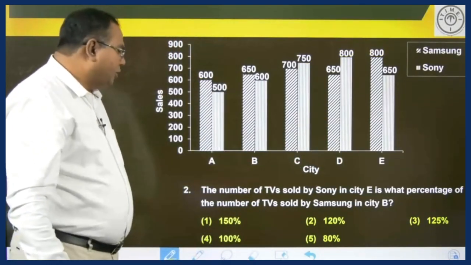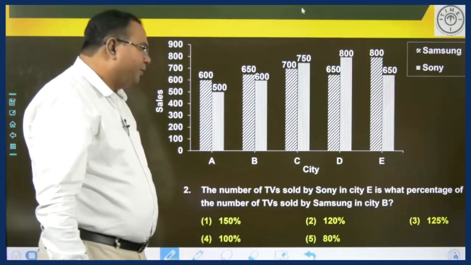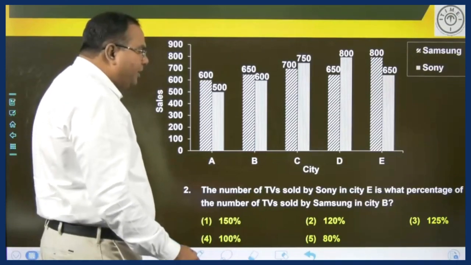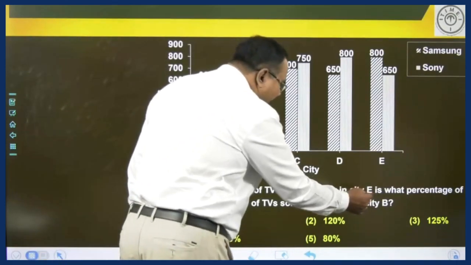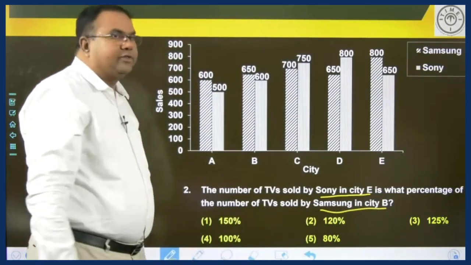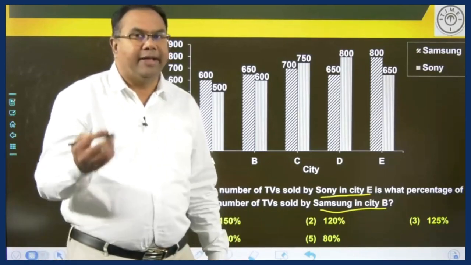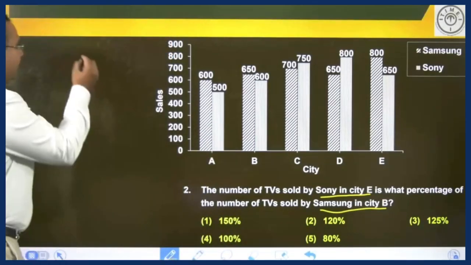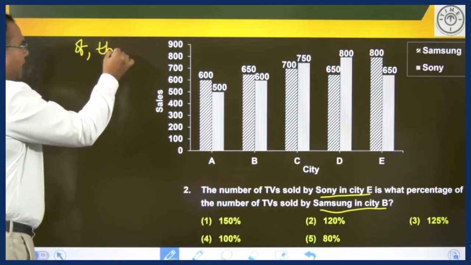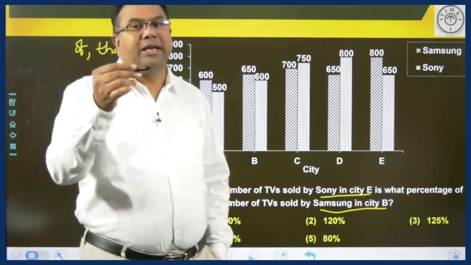Right, students. Second question. Number of TVs sold by Sony in city E is what percentage of TVs sold by Samsung in city B? City E, Sony is what percentage of Samsung in city B? X is what percentage of Y? What do you write? X is what percentage of Y? There are 2 keywords here, right? Any quantity that follows 'of', any quantity that follows 'than', we are comparing with that number, it must be in the